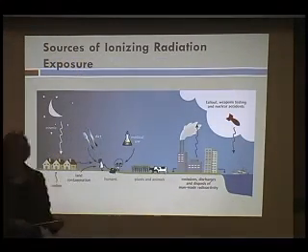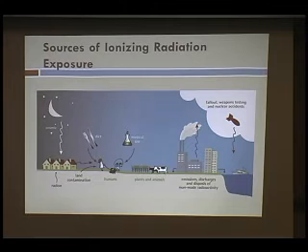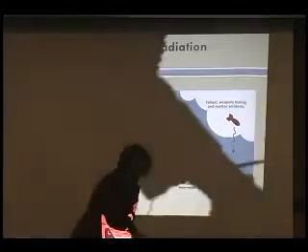So what are some of the sources of ionizing radiation? You can see that there's a bunch of different sources, from cosmic rays coming from outer space to radon to land contamination, diet, the things that people eat, to plants and animals, medical use, emissions from, say, coal-fired power plants. And then, of course, you also have fallout, weapons testing, and nuclear accidents. So that's kind of the whole gamut of particular sources of ionizing radiation.